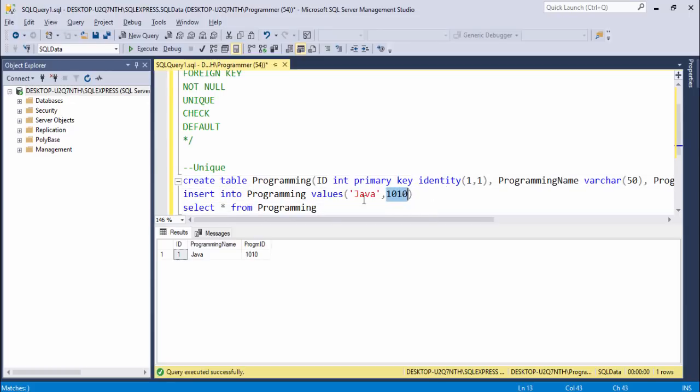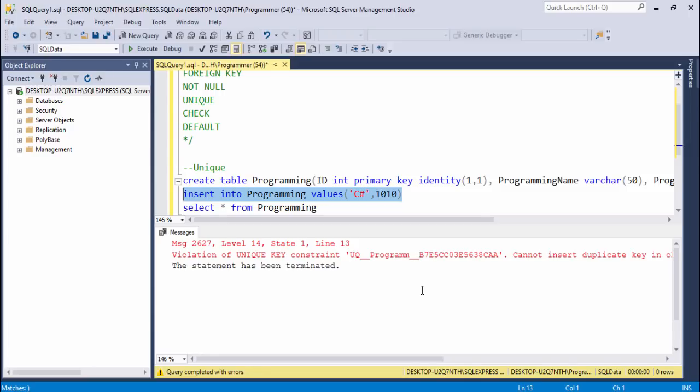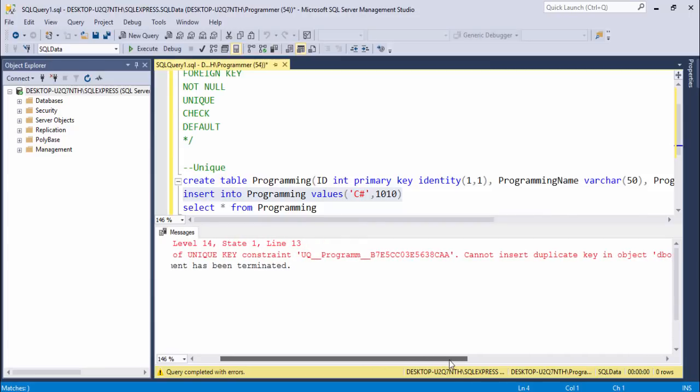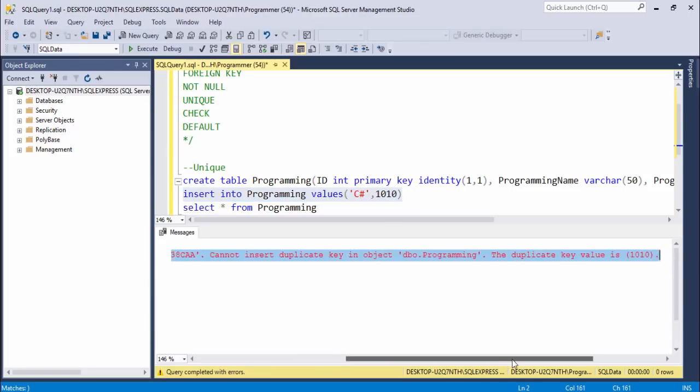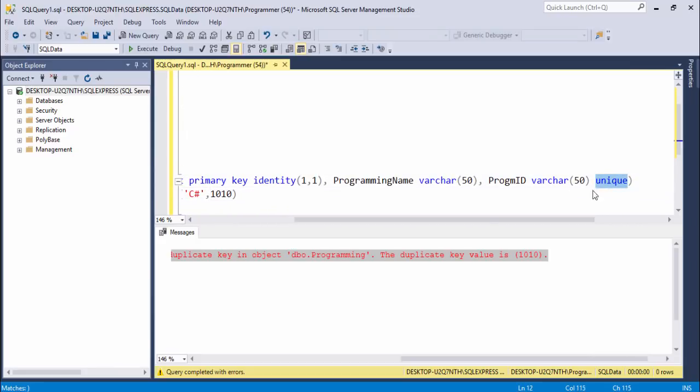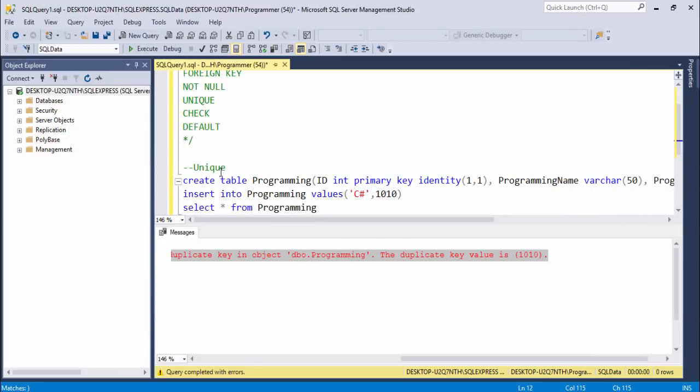I want to store another record, C# and the same ID. I click to execute. Now, guys, you can see a violation of unique key constraint, UK program, and unique key core, can't insert duplicate key in object dbo.programming, this is your table name, right? It means you can't store the same ID which has used the unique keyword. This is an example all about the unique